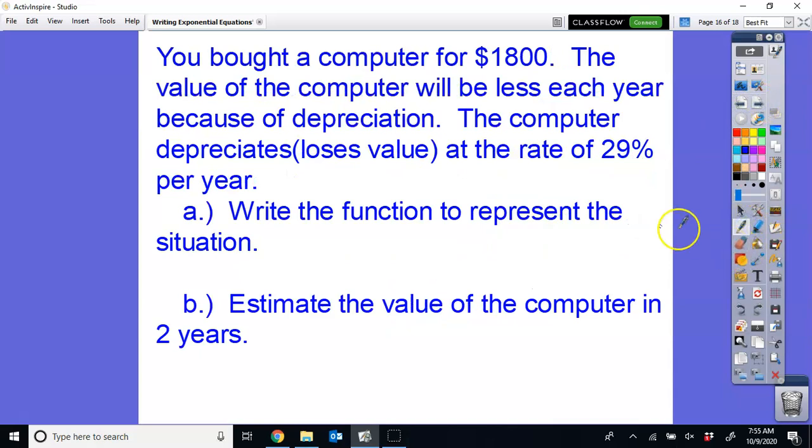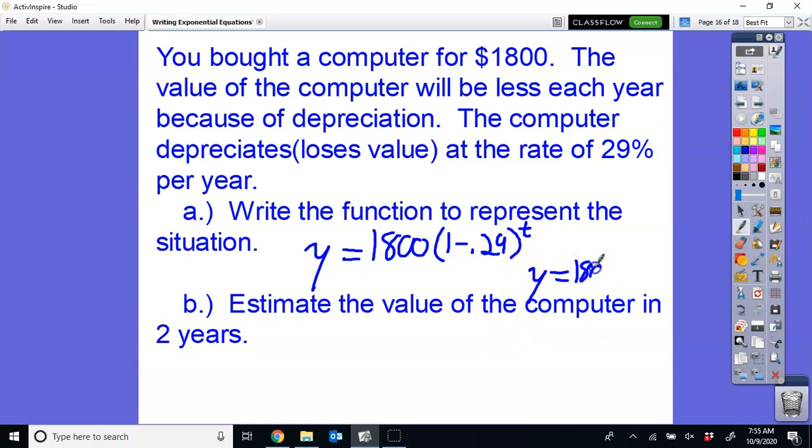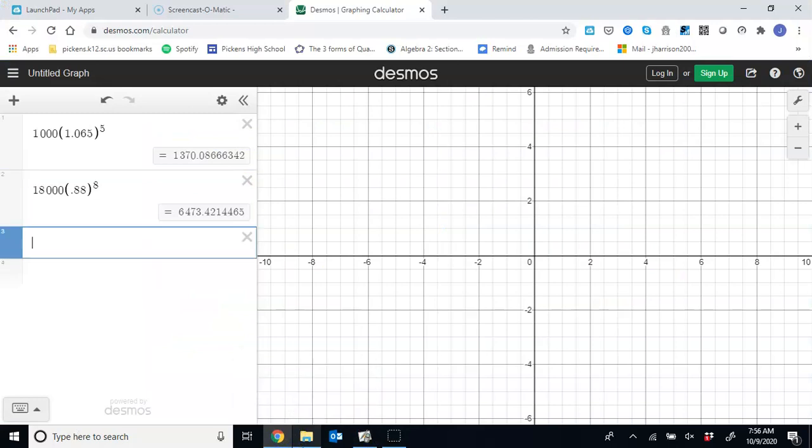Let's say we buy a computer for $1,800 and it depreciates at 29% per year. We take our beginning amount of $1,800, times 1 minus 0.29 raised to the t. Or, in other words, 1,800 times 0.71 raised to the t power. So now, if we want to find the value after 2 years, just like we did before, we type in our beginning amount, and then we do 0.71, and we raise it to the second power for 2 years,